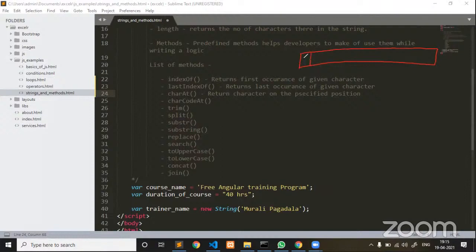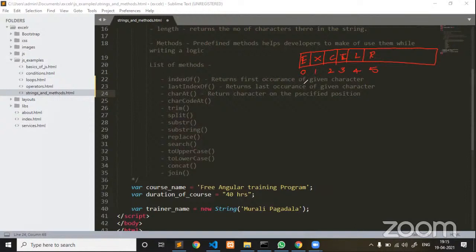For example, if I am using EXCELR, in the memory each and every character is stored in this fashion. The first character is associated with the first index: 0, 1, 2, 3, 4, 5.